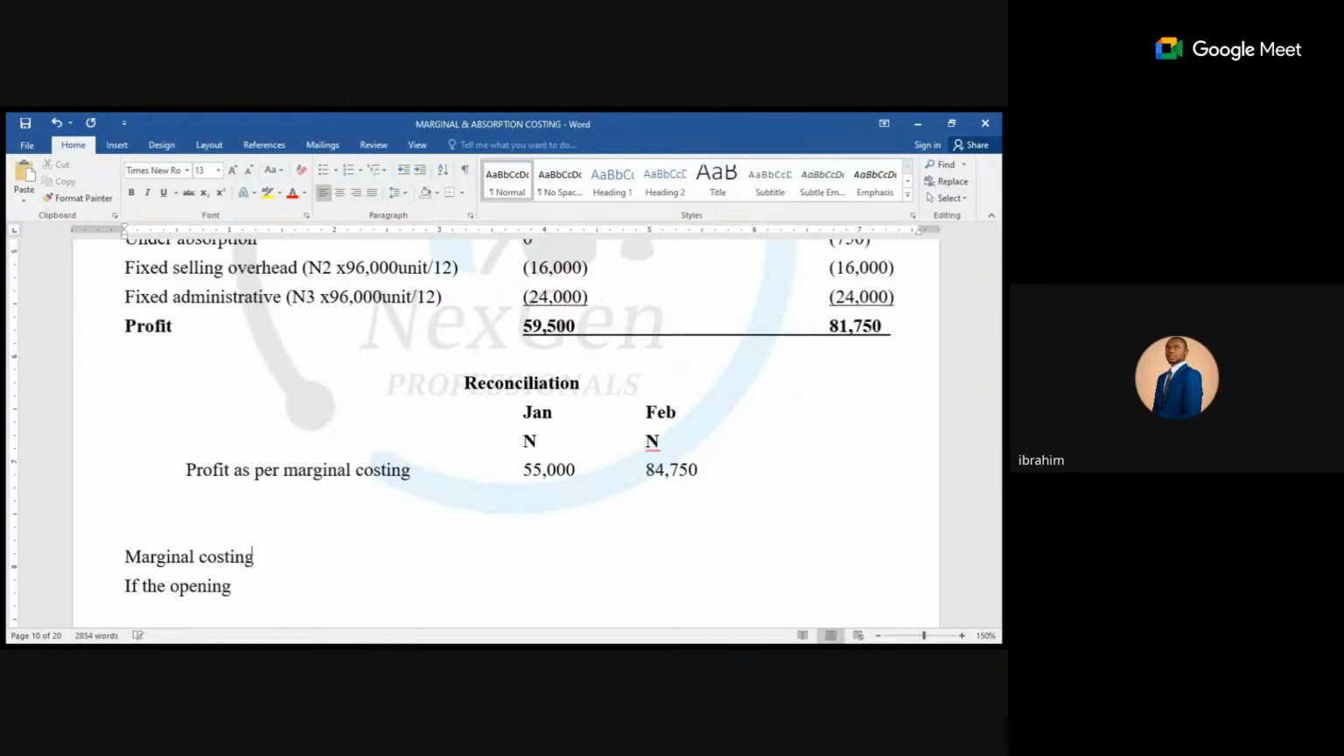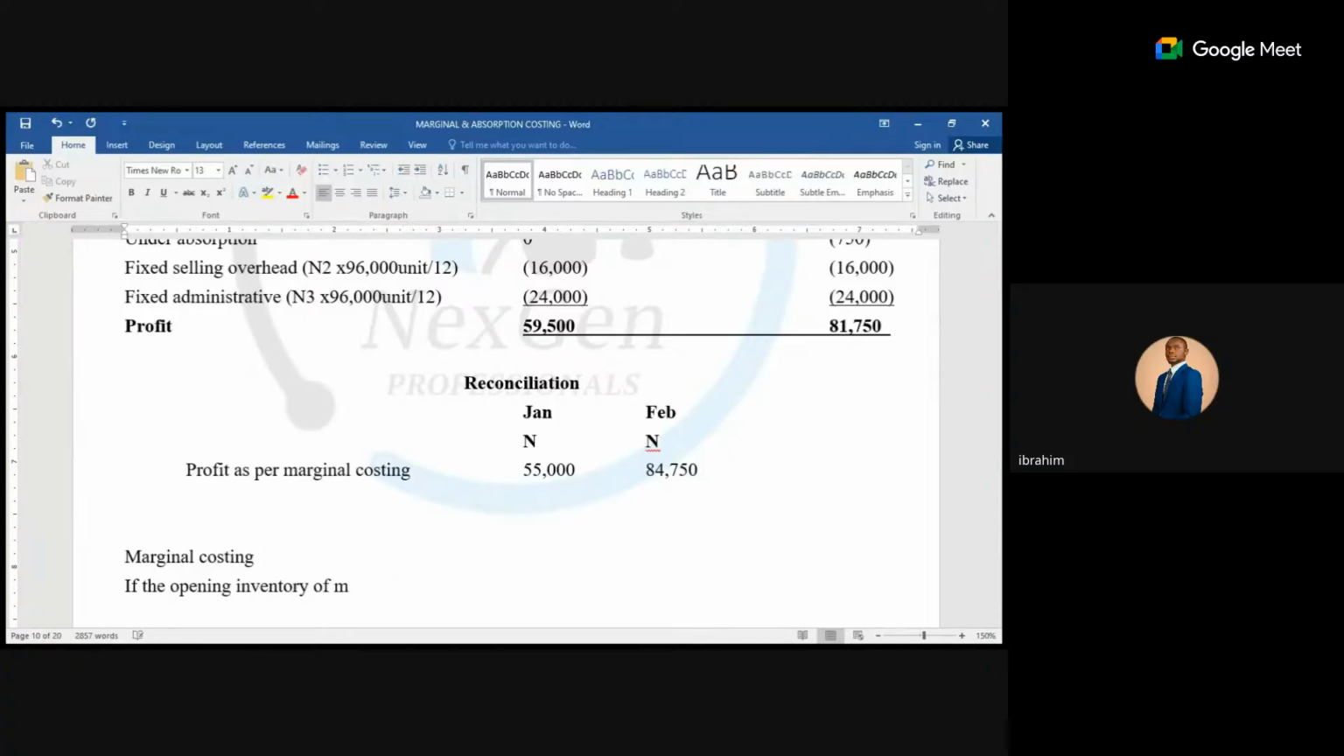We are starting with profit as per marginal costing because we want to arrive at profit as per absorption costing. Class, why do you start with marginal costing? The reason I start with marginal costing is because we started with profit as per marginal costing. If you are starting with profit as per absorption costing, you need to say, okay, if the opening inventory of absorption costing. Now, if the opening inventory of marginal costing, which is MC,